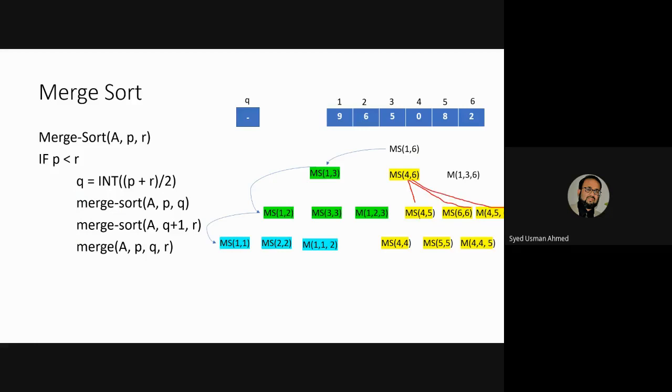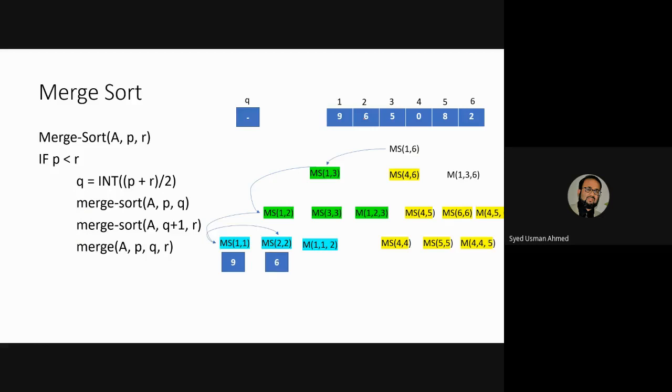And this 4 comma 5, P is less than R, so it will cover 4 comma 4, 5 comma 5 and 4 comma 4 comma 5, right? Now let us see, because we have reached this last element, right? This is the last element and it cannot be further broken down because P is equal to R. So this will represent a single value called 9, and 2 comma 2 will represent the value 6, right? So what is happening here is we have 9 and we have 6.